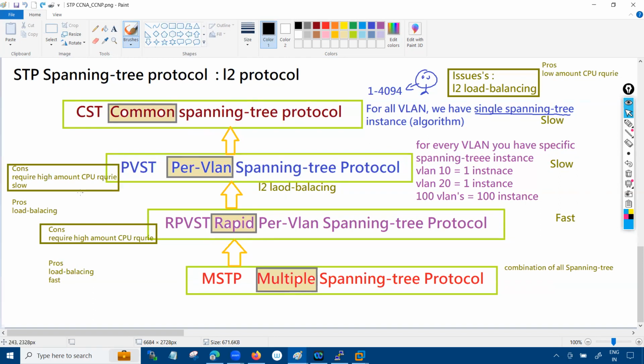But the problem with PVST is that it's a slow protocol. That's why we came up with the RPVST protocol, right? Rapid per VLAN spanning tree is a Cisco one, and RSTP is an IEEE standard one. The combination of all these protocols is known as the MST protocol, right? Then after that, we have seen